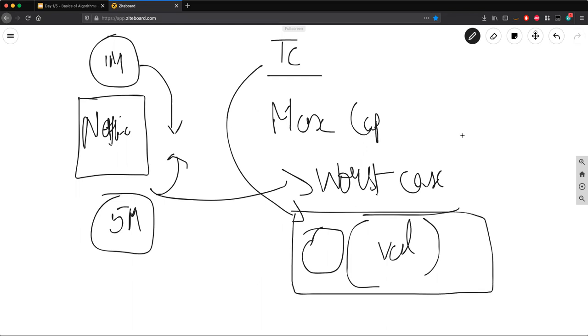So yeah, we'll be using this big O. How do you represent this and other things? We'll see in a bit, but you all get the idea, right? There are multiple notations like sigma and theta, but big O is the one